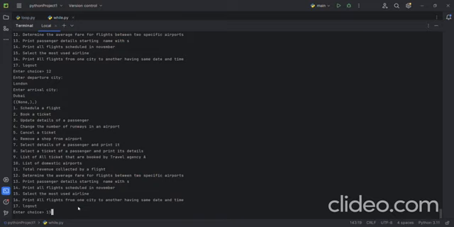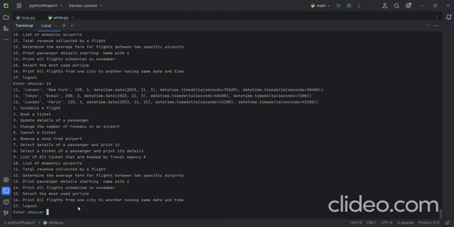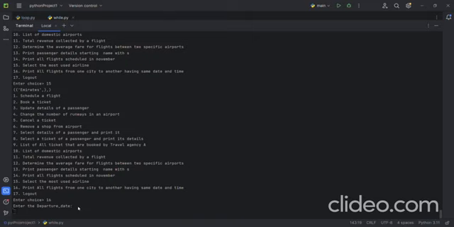Now let's print all the flights scheduled in November. You can see the results. Now let's select the most used airline. You can see it's Emirates. Now let's finally print all the flights from one city to another having the same date and time. You can see it's